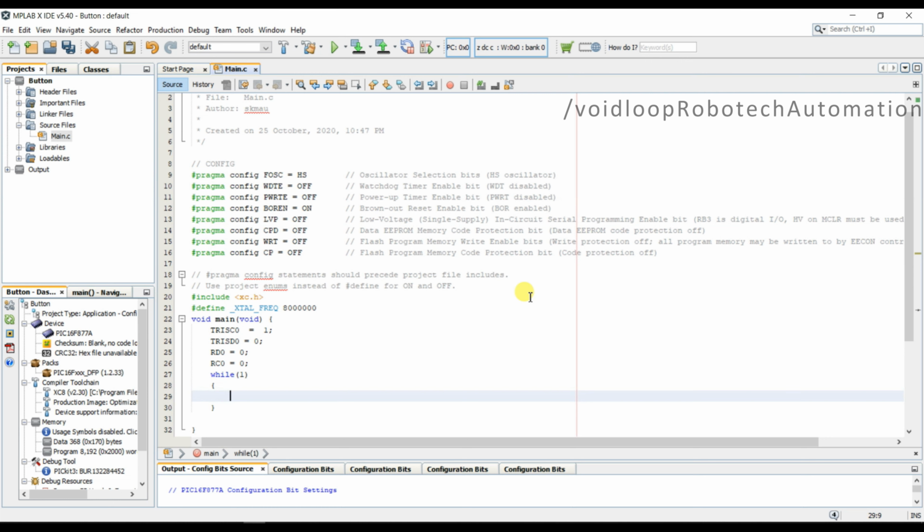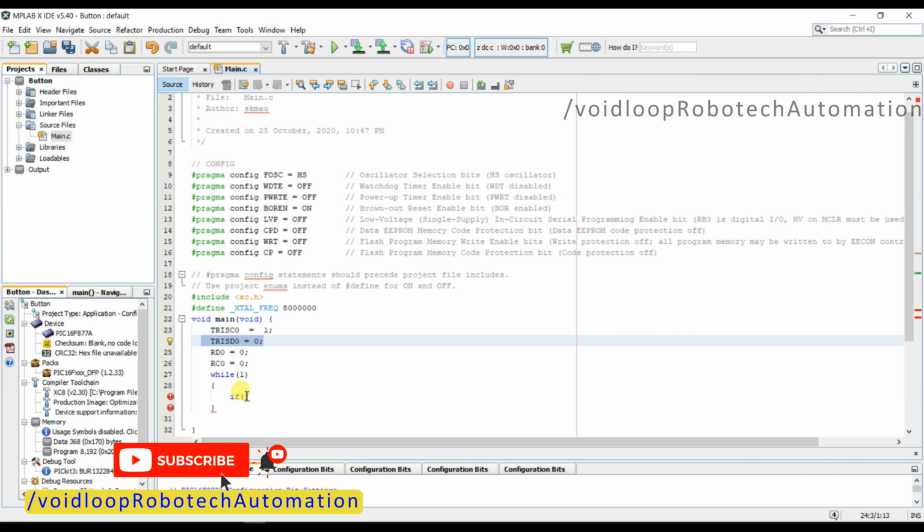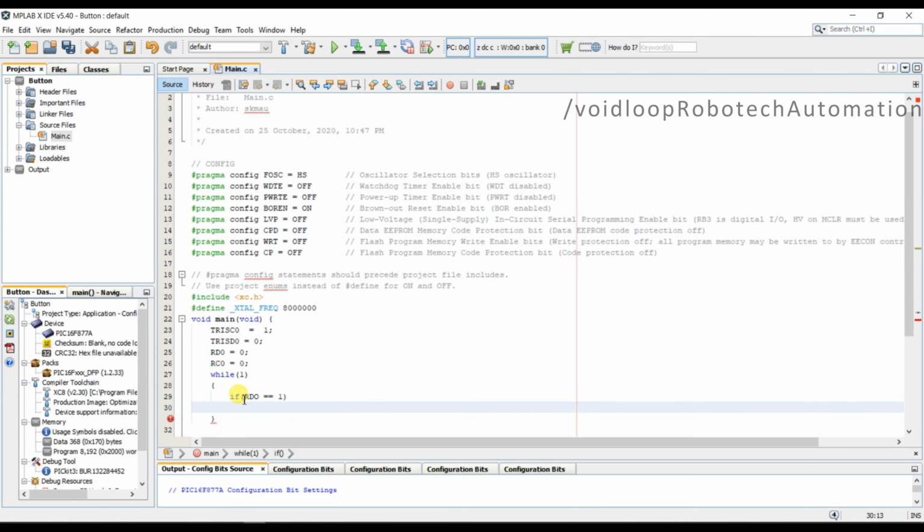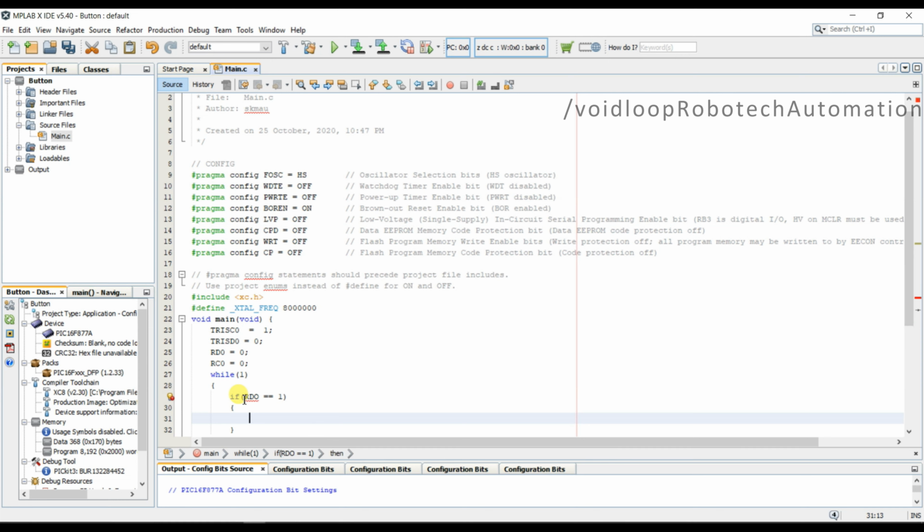I will use here an if statement. So if the button is high, it means the button is connected on RD0, so RD0 equal to 1, then the LED should turn on. The LED is connected on RC0.